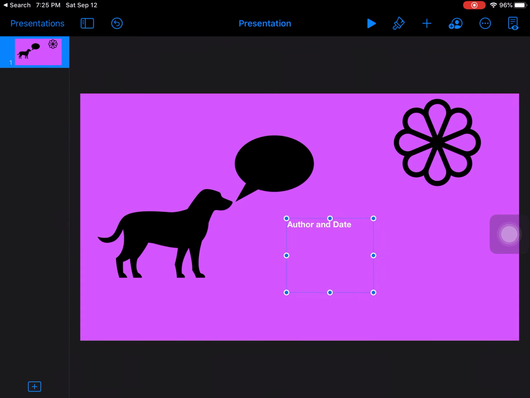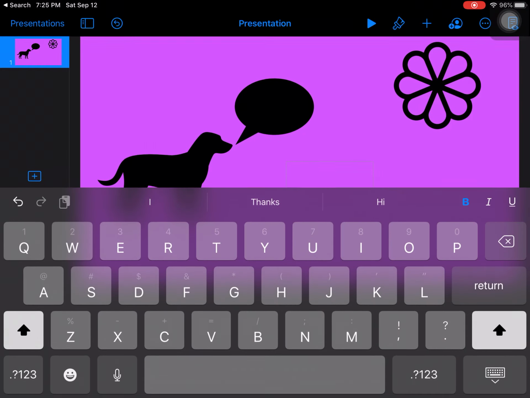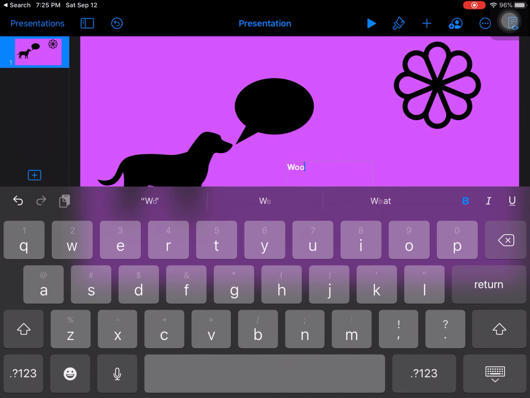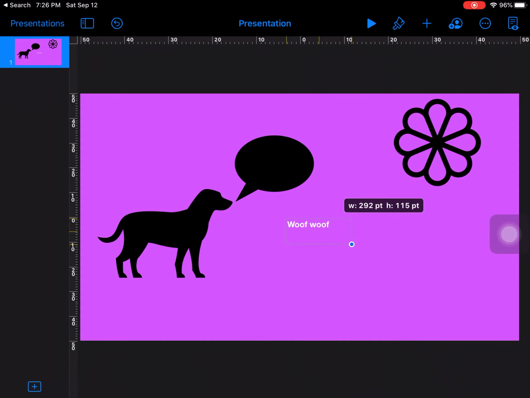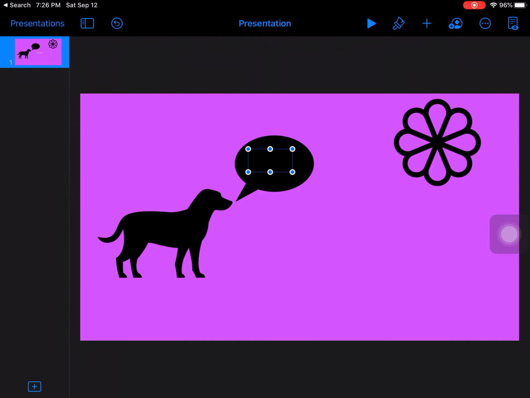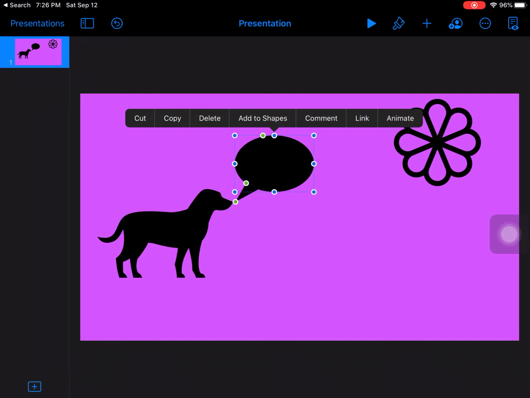Now I can have the dog say something. All right, maybe he says woof woof, I don't know. You can have him say something better than that, but just for this, I want to make my text box kind of the size of the text, and now I'm moving it with my finger. Now notice how it goes behind. Well, that's a problem because I want to be able to see it. So if I click on that, I should be able to